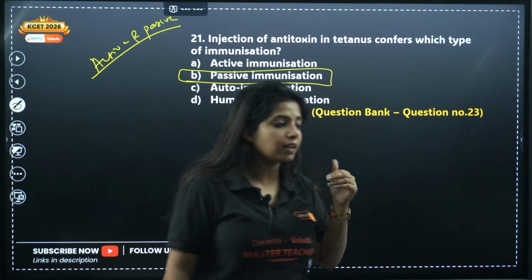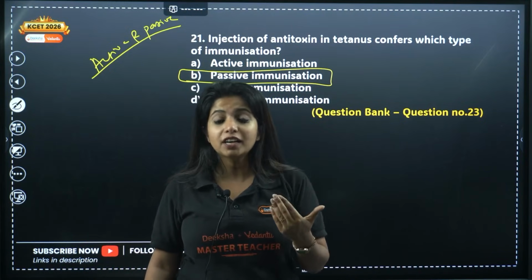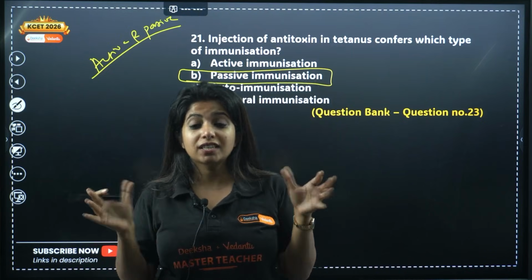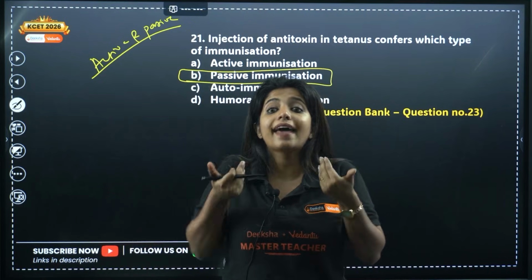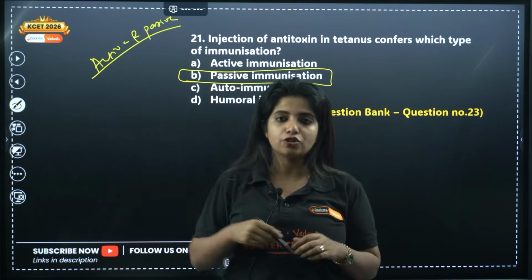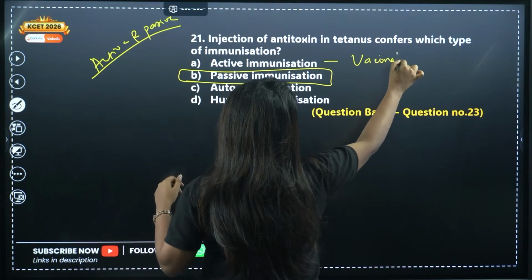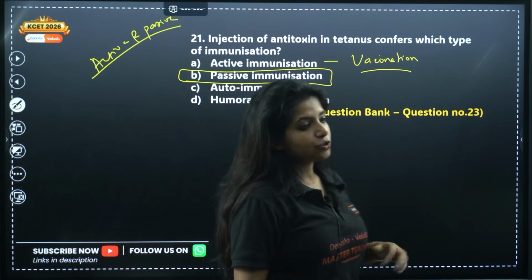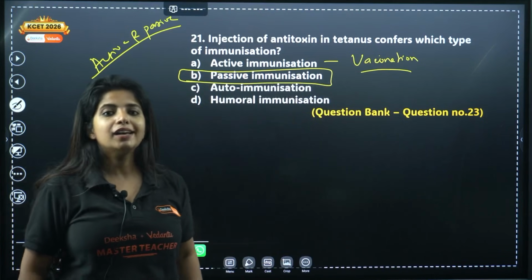Okay. Vaccination, in which category does it come in, active or passive? In vaccination, what do you give? You give a dead or live attenuated form, something that does not cause any problem in us. You are just giving it into the body so that your body can react to it and produce its own antibodies. So that is active immunization. Vaccination comes under active immunization, which is why in COVID we were given vaccination. We are given vaccination from the point we are born, polio virus, everything. So what is this vaccination?